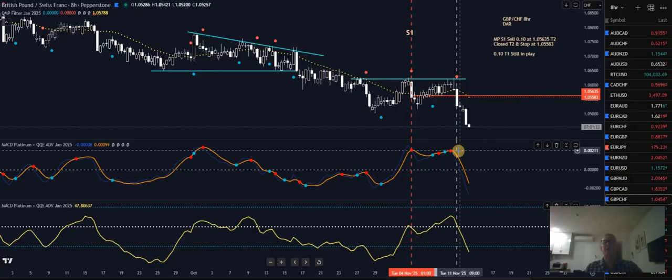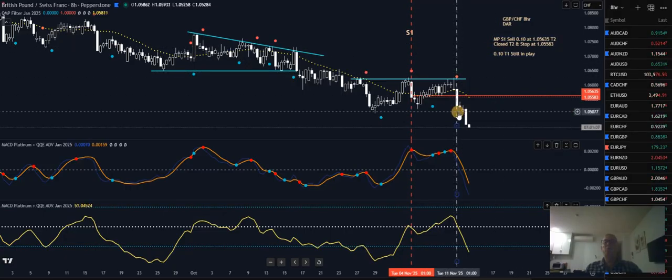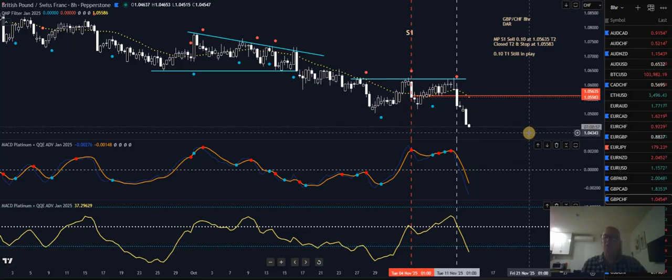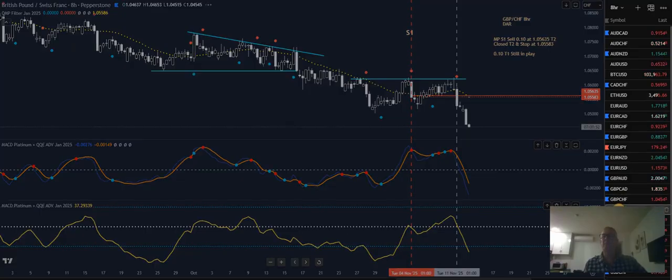Took the second sell, and it's blasted through the 0 level on the MACD Platinum on that last big candle. So just about an hour ago or so, I closed T2, the second trade, and made a good profit on that, and I've left a full position size on T1. I haven't touched T1 other than put a stop in place just inside the entry there. So we're looking good. I was complaining about the Euro Swiss. The Pound Swiss is making up for it.